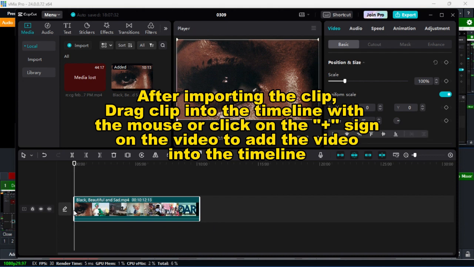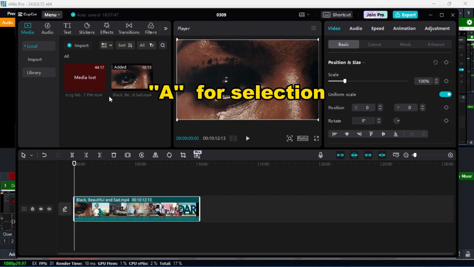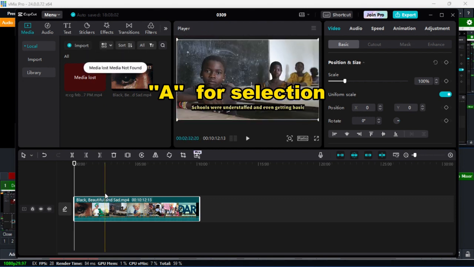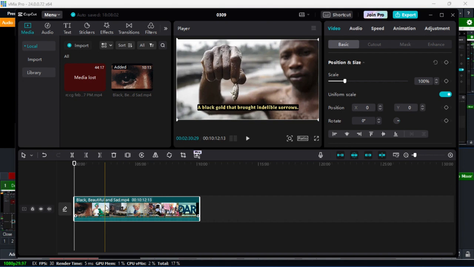So after having your video brought in, if there are places in your video you don't need, there are just very few things you need to know. CapCut makes use of A and B. Letter A is for selection. Letter B is for cutting. And then if you have duplicated clips or you have lots of clips that you want to cut all of them as you go, you simply make use of